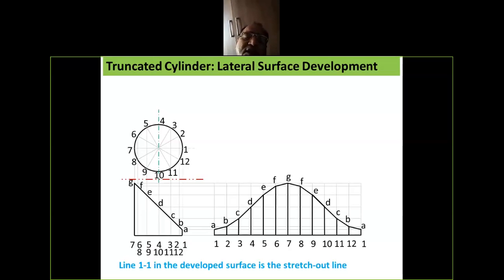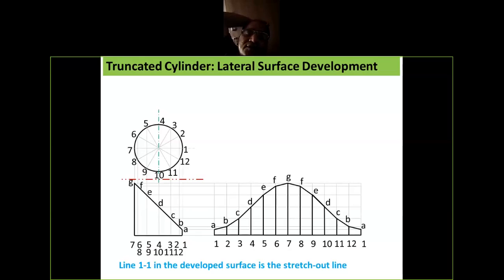Therefore, first of all, we draw the top view. This is in the case of third angle projection. The cylinder is kept in third angle projection, and third angle projection draws the top view above the reference line. So the top view of the cylinder will be in the form of a circle, and whatever the diameter is, that will be the diameter of the circle. In that case, we make a circle by taking the diameter of the cylinder.